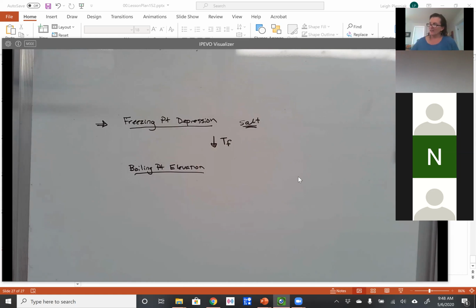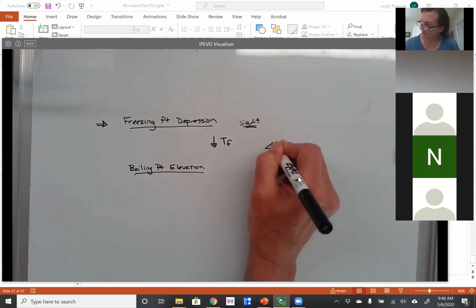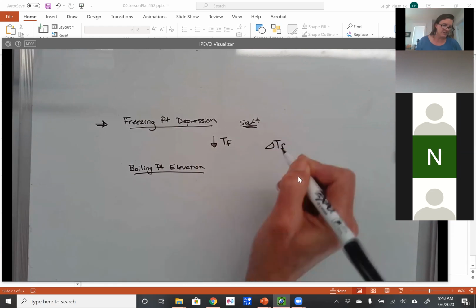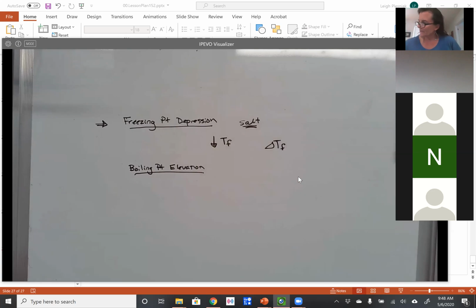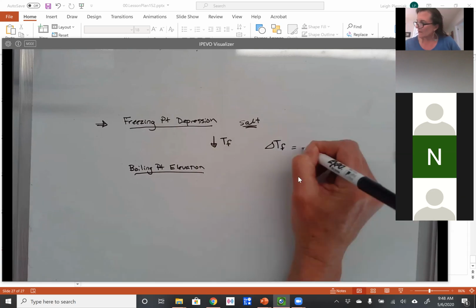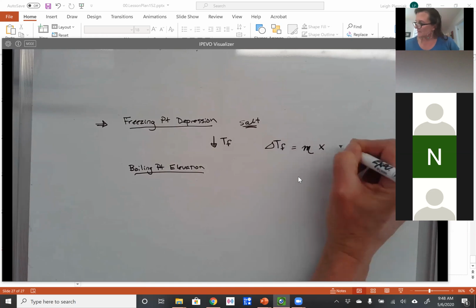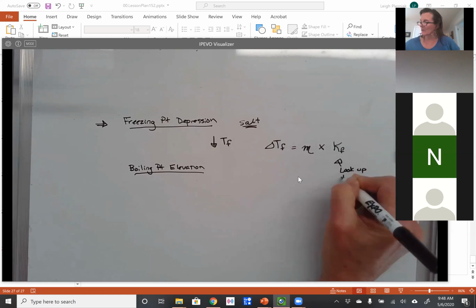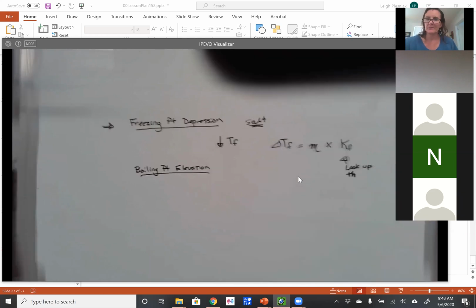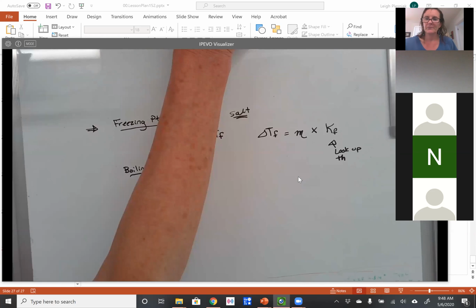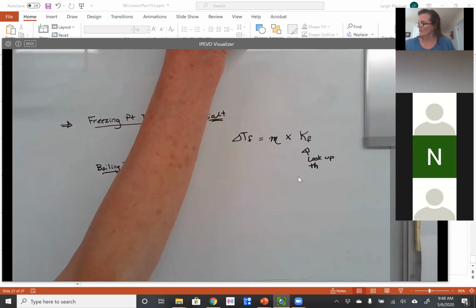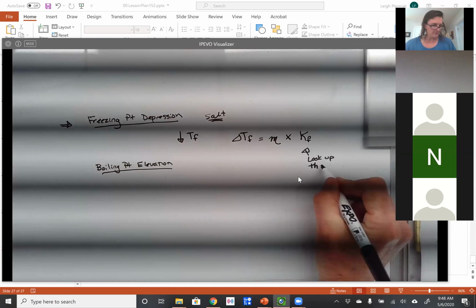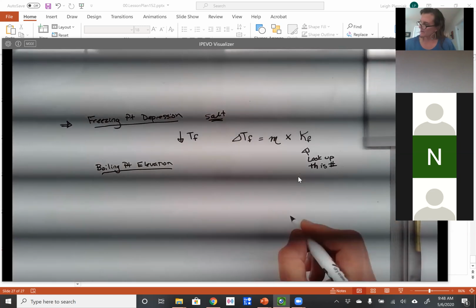And you can calculate the change in the freezing temperature. It's equal to m times a constant. And that constant, this is something you have to look up. You have to be given it. You have to look up this number. And for water, that number is